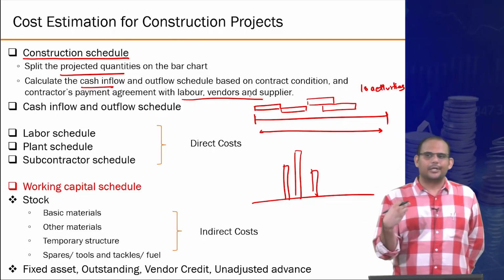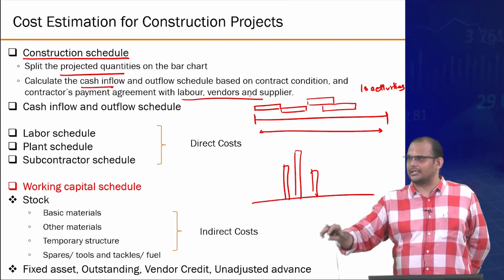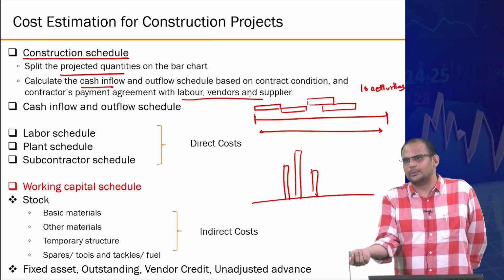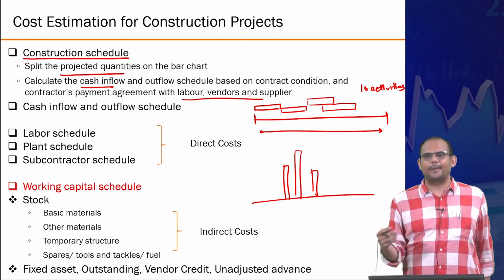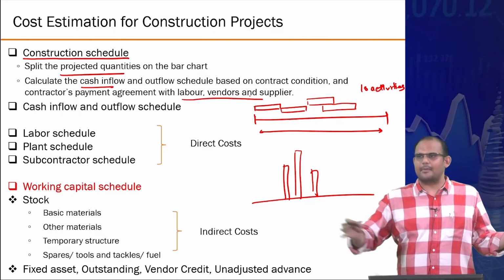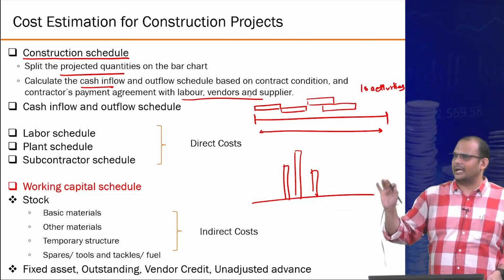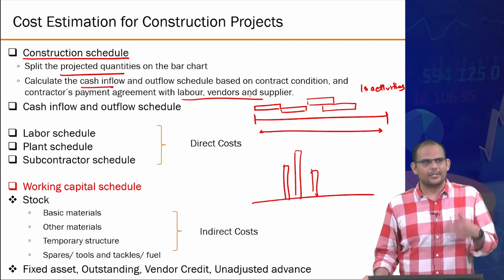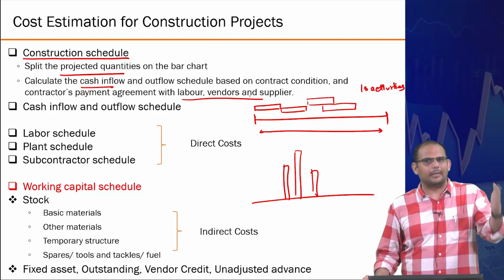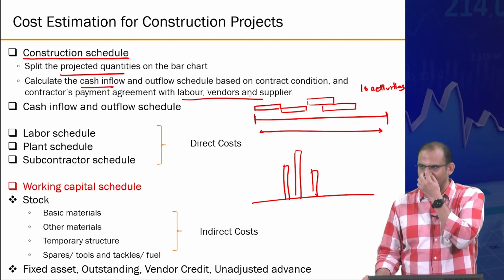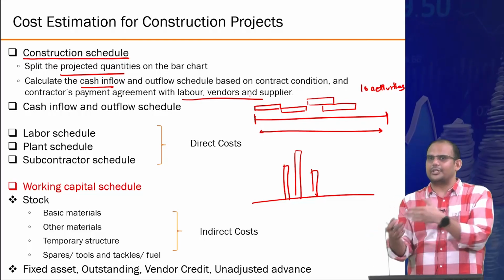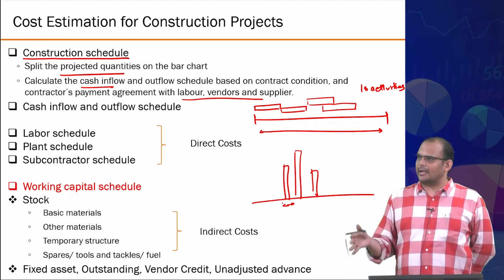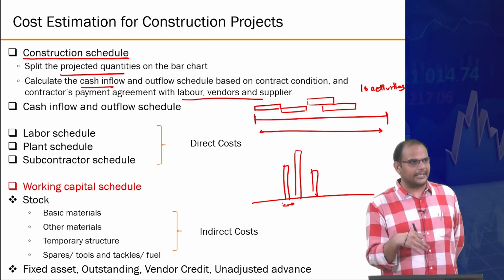For example, you might have a relationship with your subcontractors or suppliers that says, I will pay you monthly. I will not pay you today if I'm buying 2 bags of cement. In a month, on an average, whatever I owe, I'll come and settle your account at the end of the month, right? Typically, this industry works like this. So you keep on getting the material, and then monthly or at a predefined period, you release the payment. So you could have that relationship with your subcontractor, which will of course affect the timing to a certain extent, just as you could be dependent on the client to get money similarly.